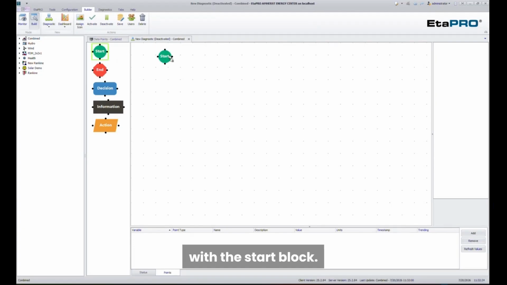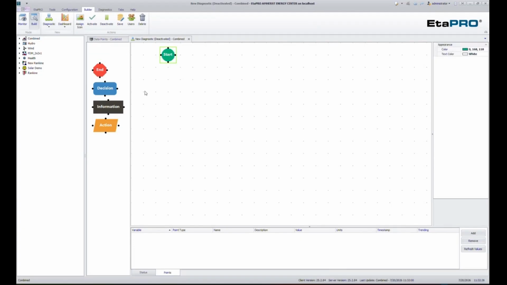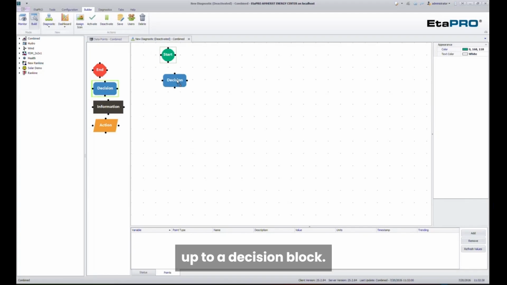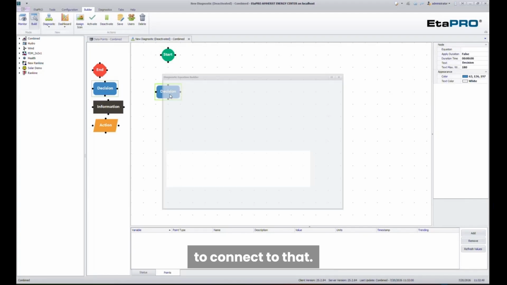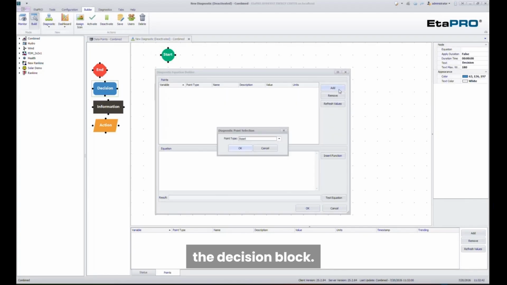So we're going to start with a start block, and then we're going to come up to a decision block, and we're going to connect to that. So we open up the decision block,